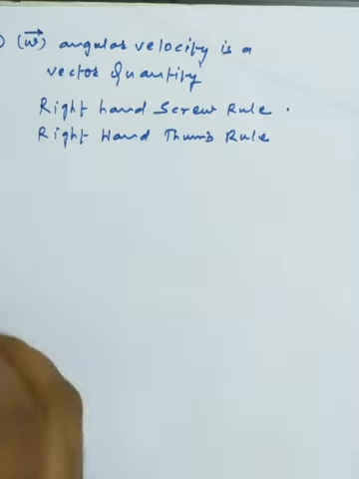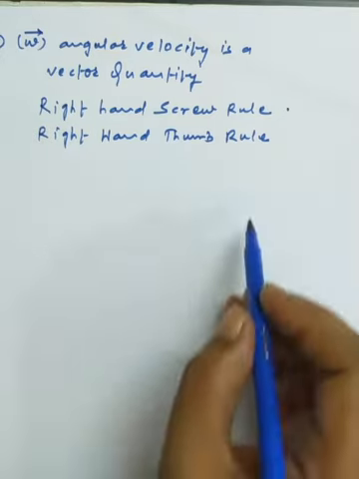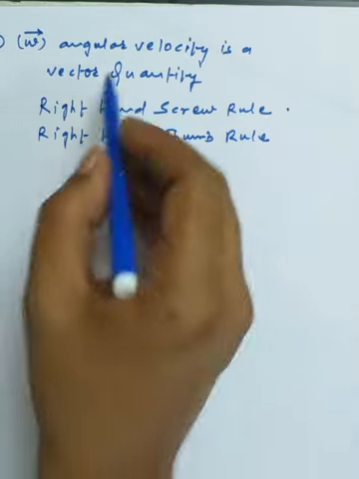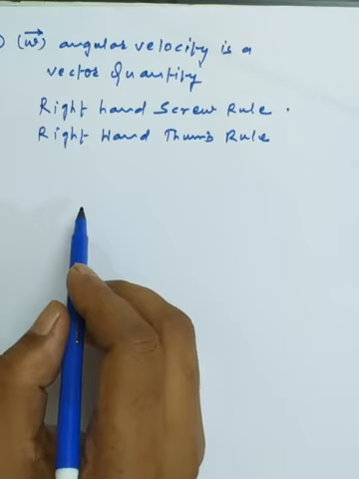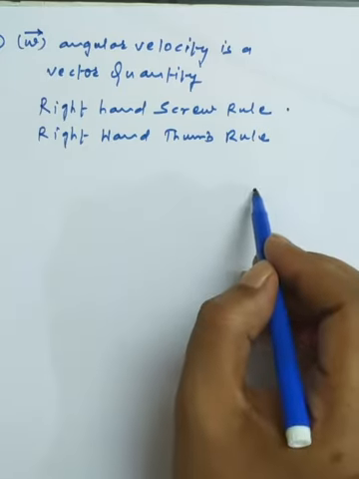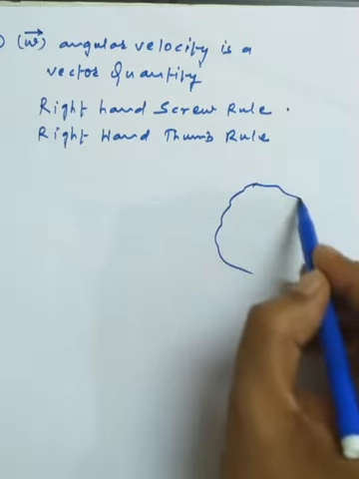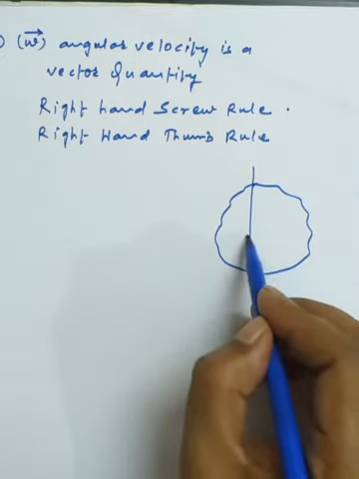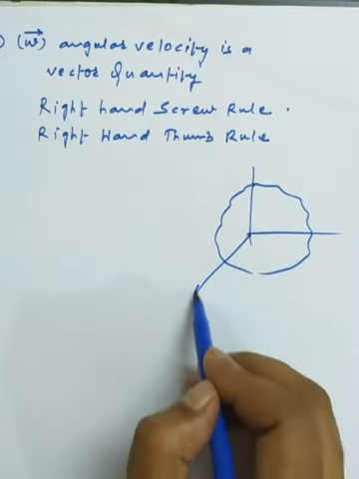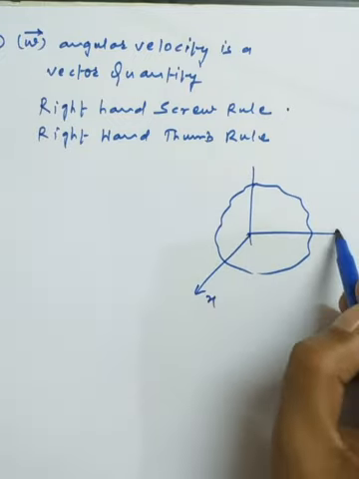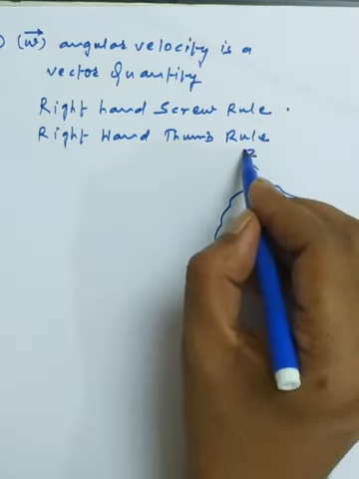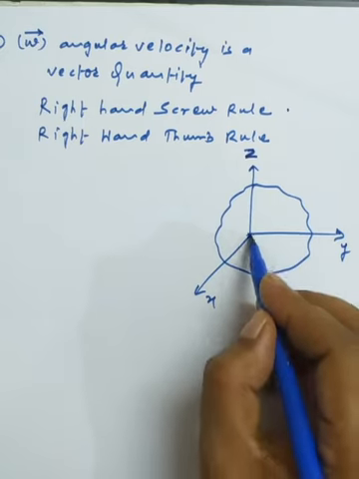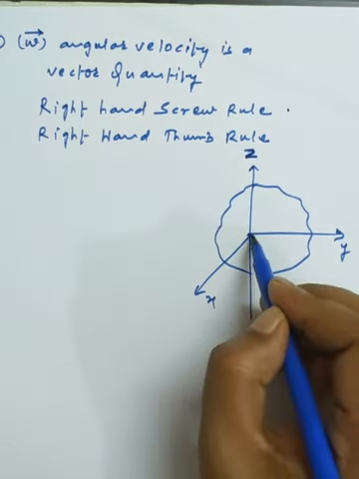Okay, so as we are approaching the concept that angular velocity is a vector quantity, it definitely has a certain direction. So we are imagining a rigid body in front of us. I am saying that the body is lying in the xy plane, so it is making the rotation about the z axis.